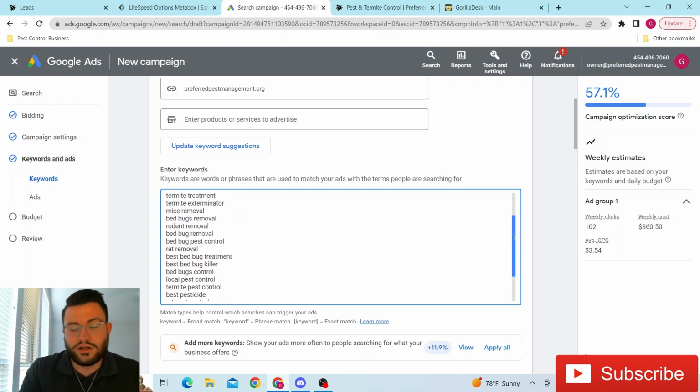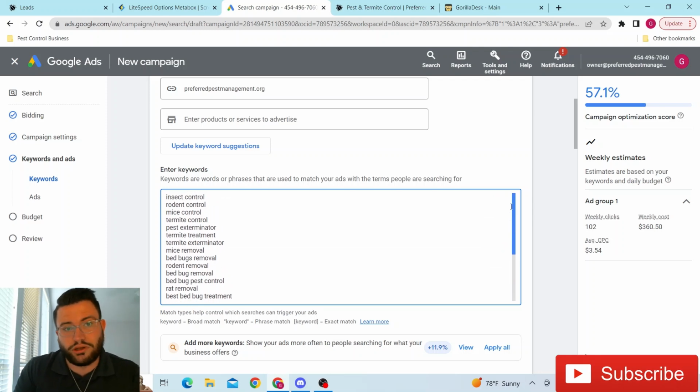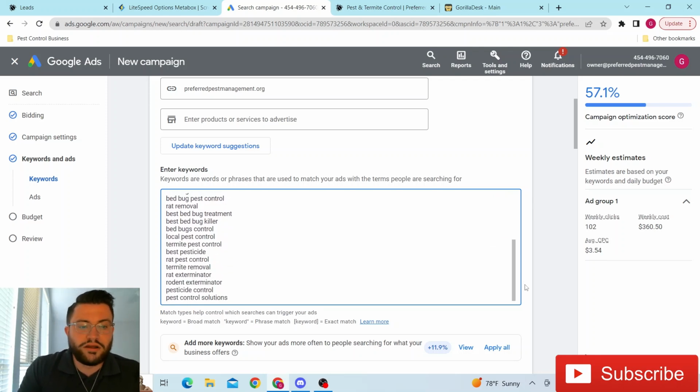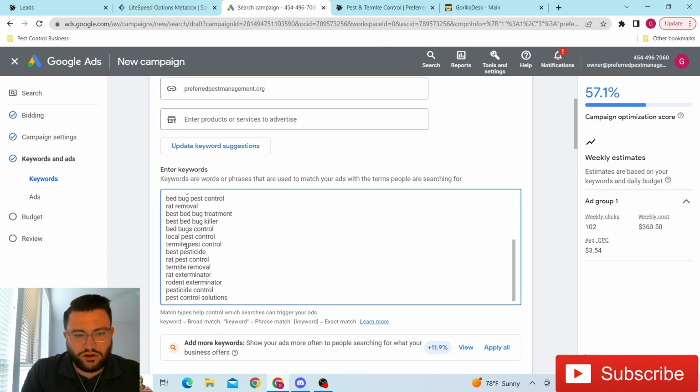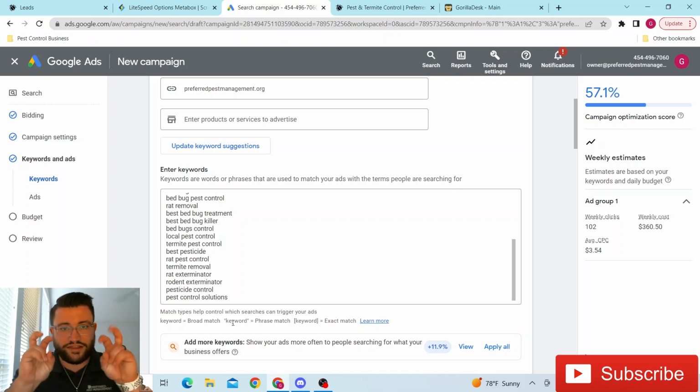Yeah, I guess if you're trying to just get website clicks for a blog post or something, but we are trying to get calls, get leads. So one thing you want to make sure you do is whenever you're typing in your keywords, pay attention to this key down here. See how it says broad match for a keyword? That means all of these are broad matches because there's no, oh my gosh, I feel like I failed English. What is this, a parenthesis? There's nothing, quotation marks, whatever you want to refer to it as,